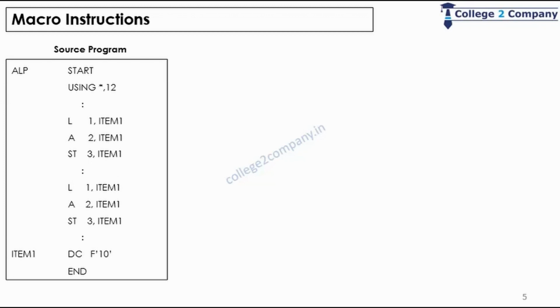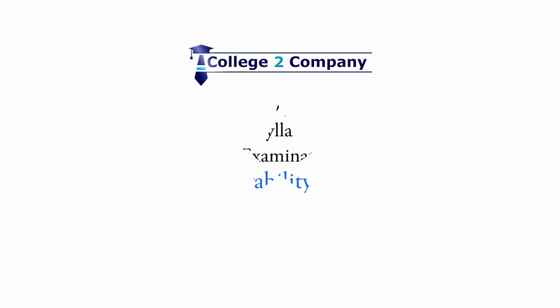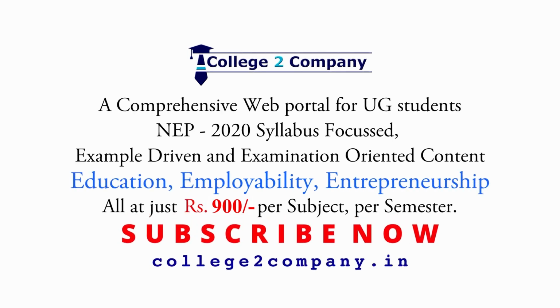Here we have an assembly language program written keeping the IBM 360-370 in mind. If we observe the program, we see that we have a set of instructions over here: load 1, item 1, add 2, item 1, store 3, item 1. We also see that the same set of instructions is repeated at another point in the program. A macro facility permits us to attach a name to the sequence and use the name instead of the repeated instructions. We now see how to write the same program using the macro facility. We have our instructions. We then define